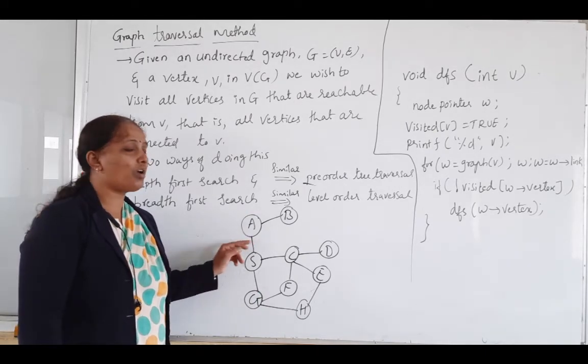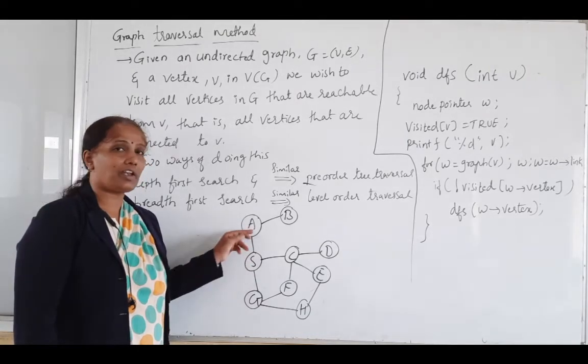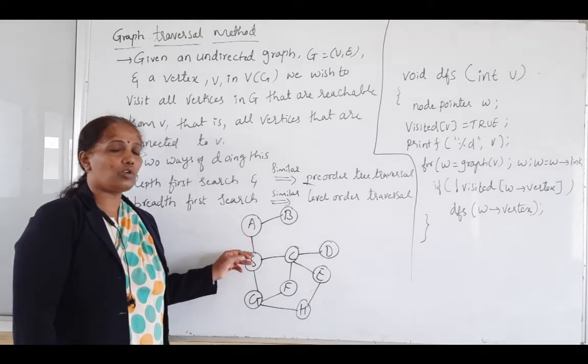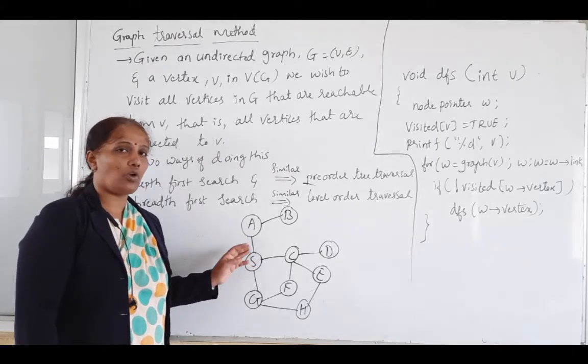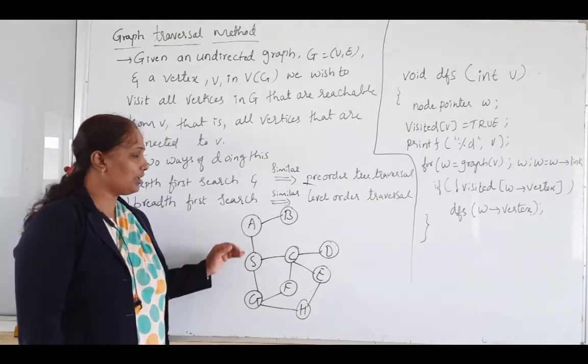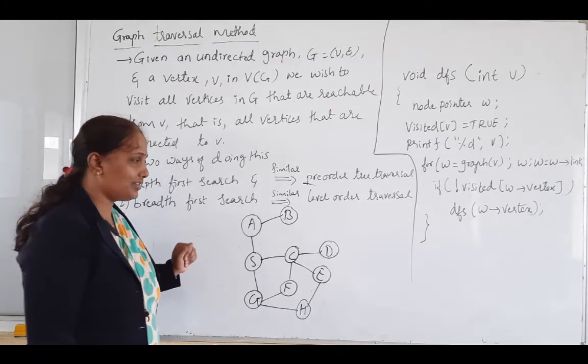First I am going to make one vertex as a start vertex. Then I go on to check the connected vertices to this vertex, and if they are not visited, I go on to visit those vertices in order. So for that, as I said in the previous example, we are going to make use of a data structure called a stack.